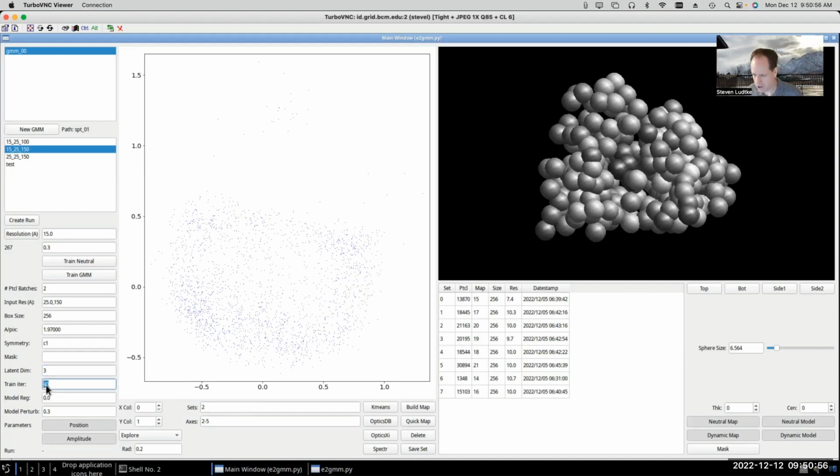Number of training iterations, you'll find that defaults to 10 when you make a new run, and that's probably not really enough for pretty much any project. I would say 30 or 40 is probably a good bet. This is, for those of you who know something about neural networks, the number of training epochs. It's basically the number of times that it iterates over the entire data set when it's training the network. I know it says that 10 to 20 is typical. With more experience, I would say that 30 or 40 is probably a better choice. But anyway,